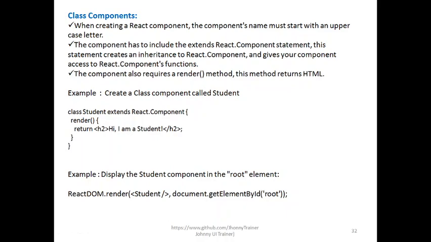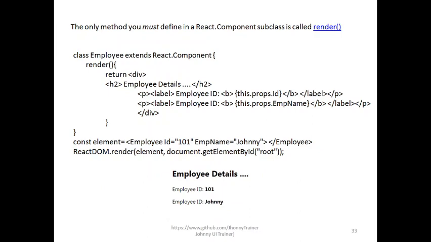That is a JSX notation. Now let us look into the next slide. For example, in the next example, the class component name is Employee here, and we are trying to use props. As I told you, in the class we will have the this keyword, so we are trying to access this Employee class component's properties, id and employee name, and it will be rendered in the root container. We have defined everything in an employee.js file.